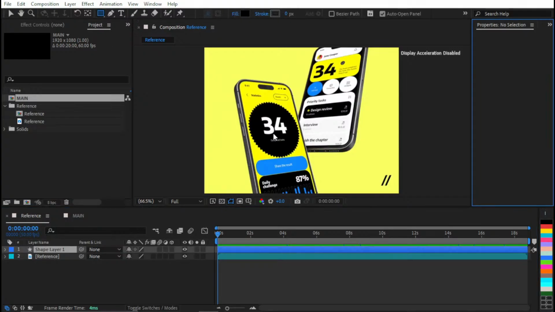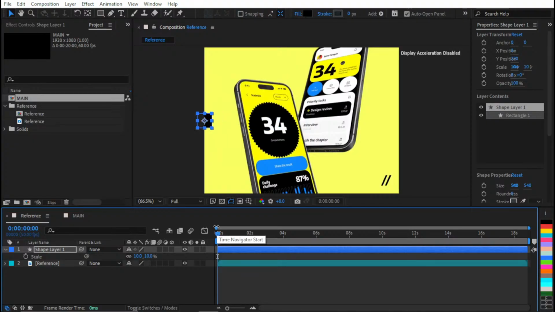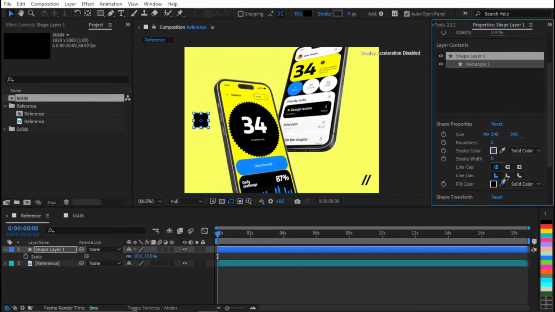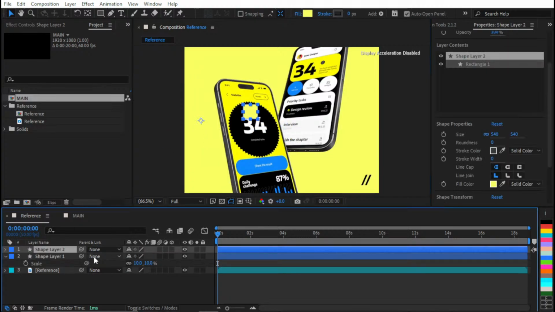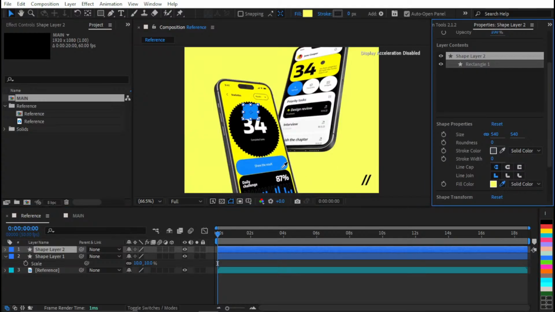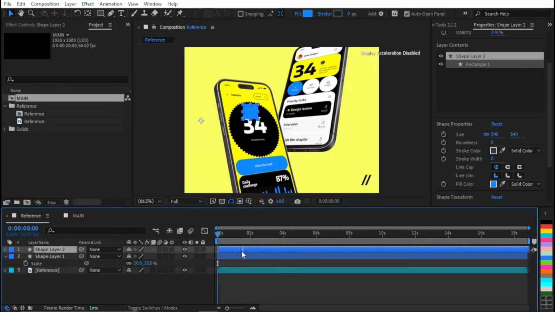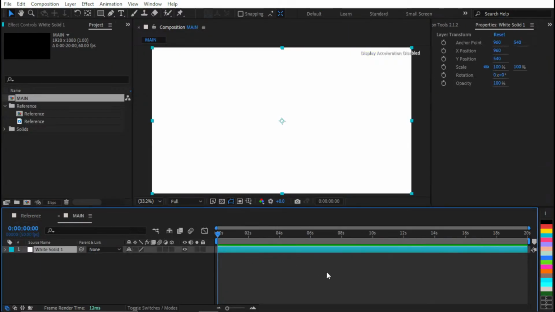For that, just create rectangle, scale it down like this, place it here, and let's change the color to this color. Let's place it here, run this, duplicate, select and color, duplicate. Wait a second, select this layer, hit duplicate, and select this white color, cut and paste. Okay,